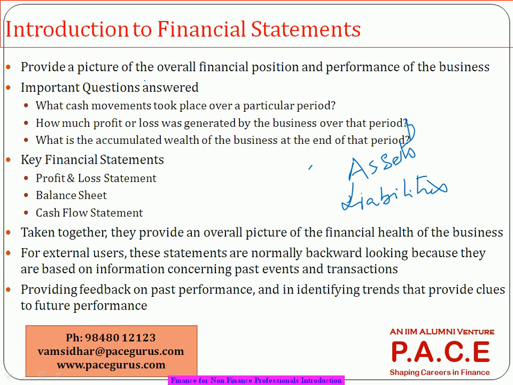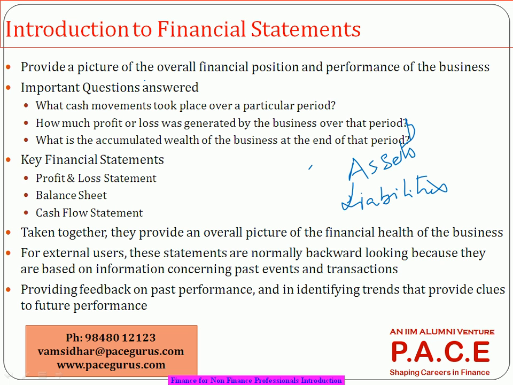So what happens at the end of the year? Like this, so many are there. Machines, vehicles, software. I might have spent some 50 lakhs on purchasing one software. But that 50 lakhs, I may be using, let's say that license is for 5 years. If that license of it is for 5 years, better instead of showing 50 lakhs as an expense for this year, I can show 10 lakhs as an expense for 5 years. Because I'll use it for a 5-year period. So that is what is actually the concept of depreciation. Once we get into it, I'll show you that part.